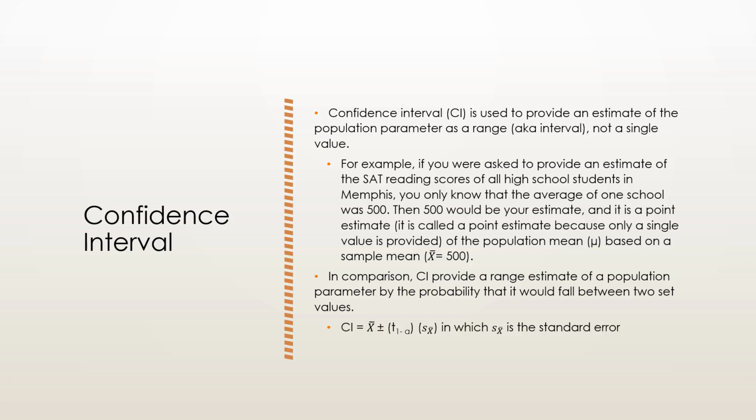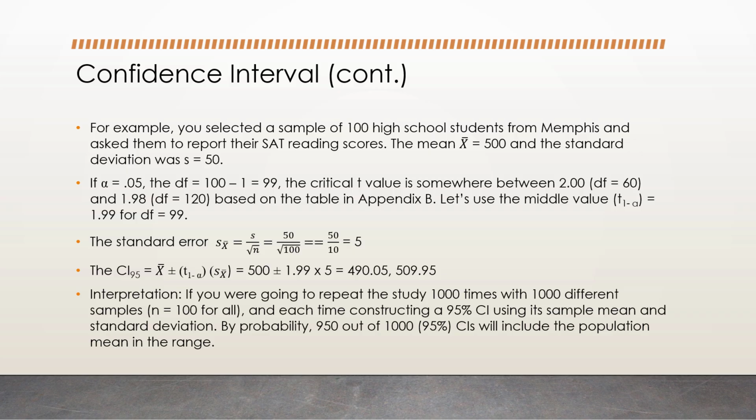With alpha equals 0.05 and the degrees of freedom 63, from the t-distribution table, we can find the critical t-value is approximately 1.998. So 95% confidence interval equals 72 plus and minus 1.998 times 1.5. And the final confidence interval has a range from 69.003